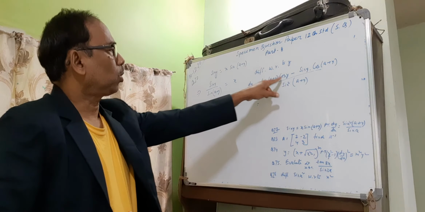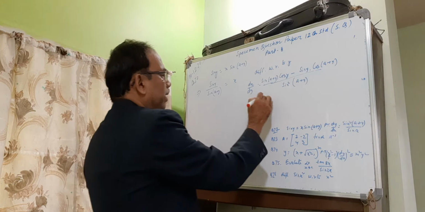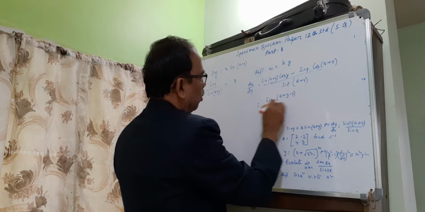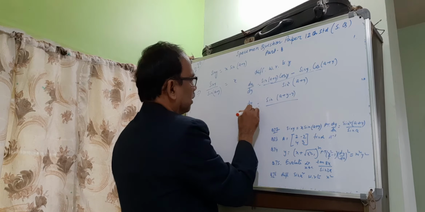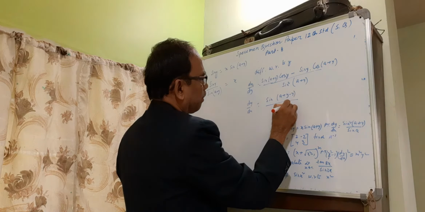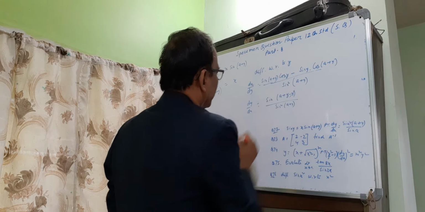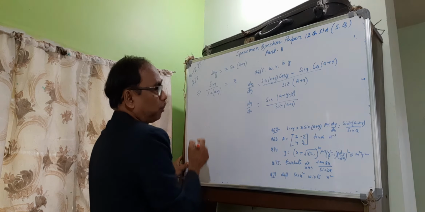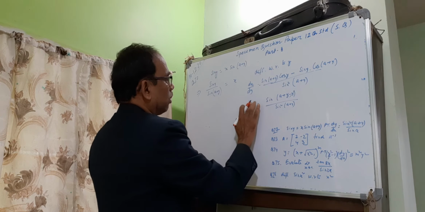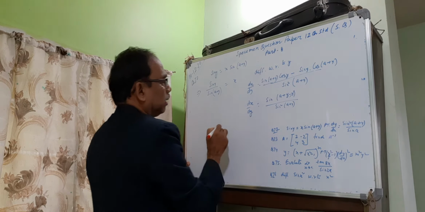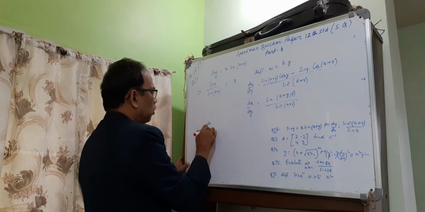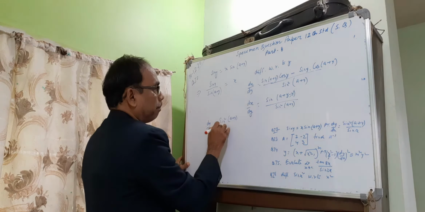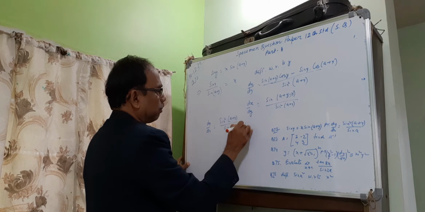That is sin a cos b minus cos a sin b, that is sin a minus b, that is sin a plus y minus y. Over here dx by dy equals sin square a plus y. Y cancelled. Therefore, dx by dy is this. Dy by dx is the reciprocal, that is sin square a plus y by sin a. Proved.